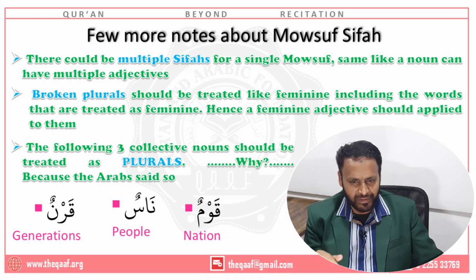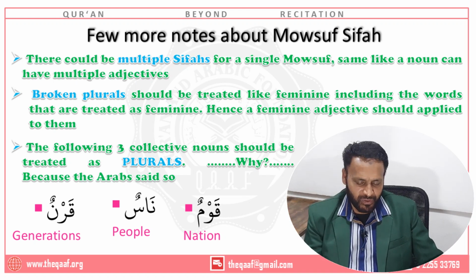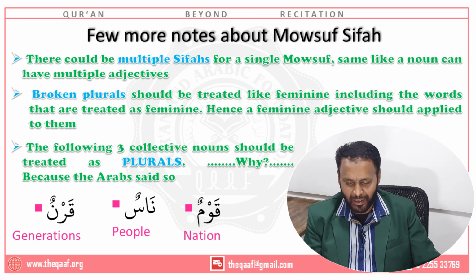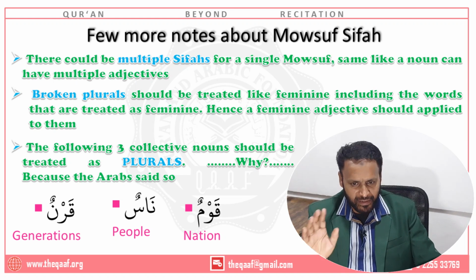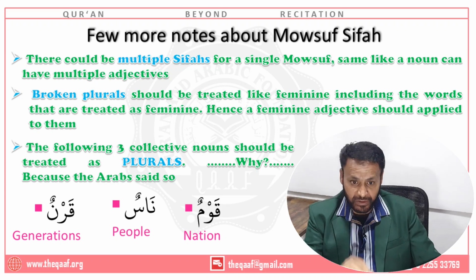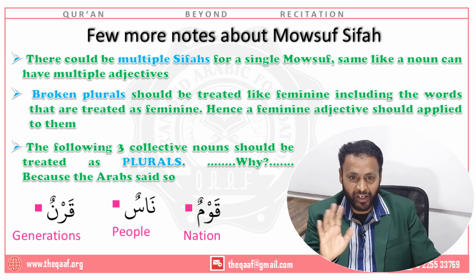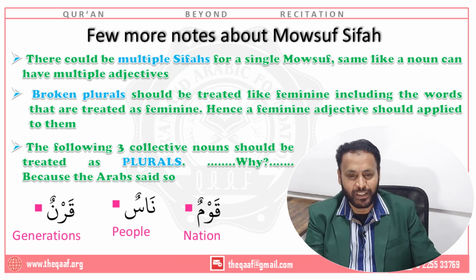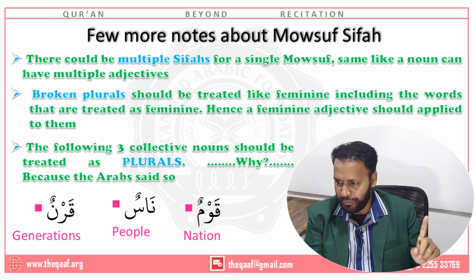So whatever you want to add, how many sifas you want to add, there's no number on it. But the thing is, you can have multiple sifas for a Mawsuf, and the other way is not possible. Okay, so one sifa cannot have multiple Mawsufs. One Mawsuf can have multiple sifas. That makes sense. Okay. One more thing that you should keep in mind for Mawsuf sifa, which is important, is